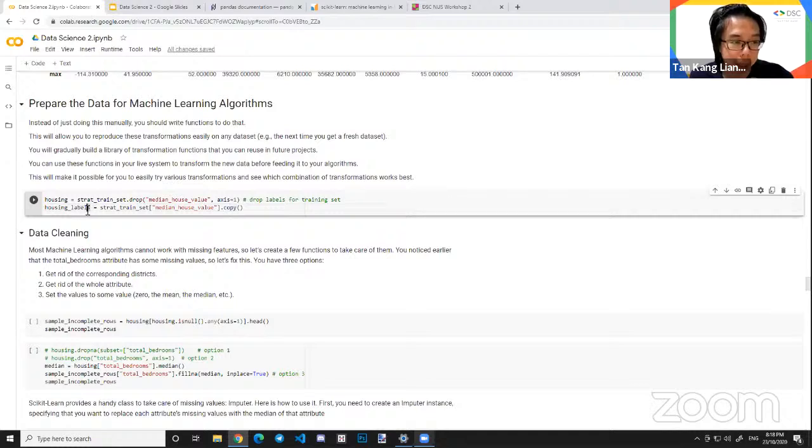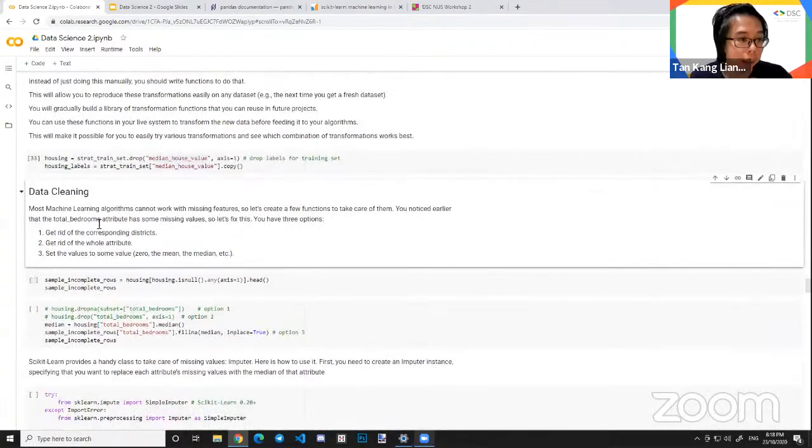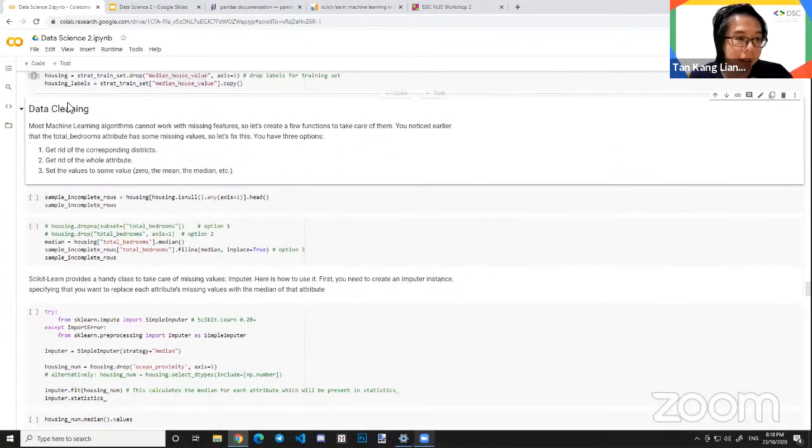So we'll put the labels or the answers in another data frame or data set. So housing contains all our features, and housing labels will contain the answers to our features. Okay, so the first part is data cleaning, and as asked earlier, when we have missing data, our learning algorithms